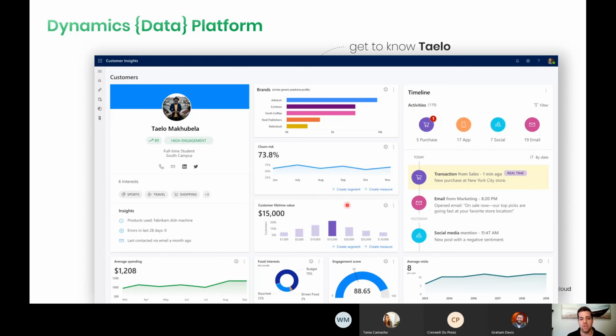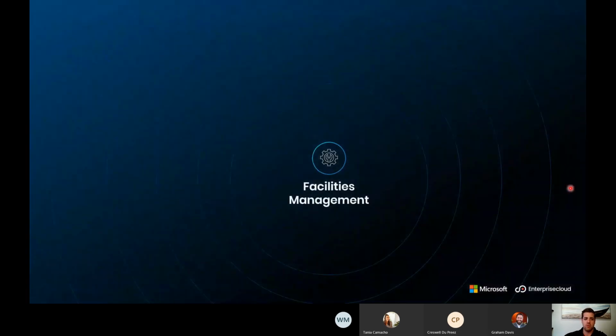Look at their value. What kind of courses is Taelo buying from us? Is he doing short course-based work? Is he doing long degree academic programs? What is this person to us, and therefore how can we respond in the best possible way? And so all of the interactions, the emails that are being sent, everything, if we can bring that all into one place, we can start really servicing Taelo in the best way possible. And so that's super, super key, bringing data in, and I hope we've kind of unlocked some of that for you.